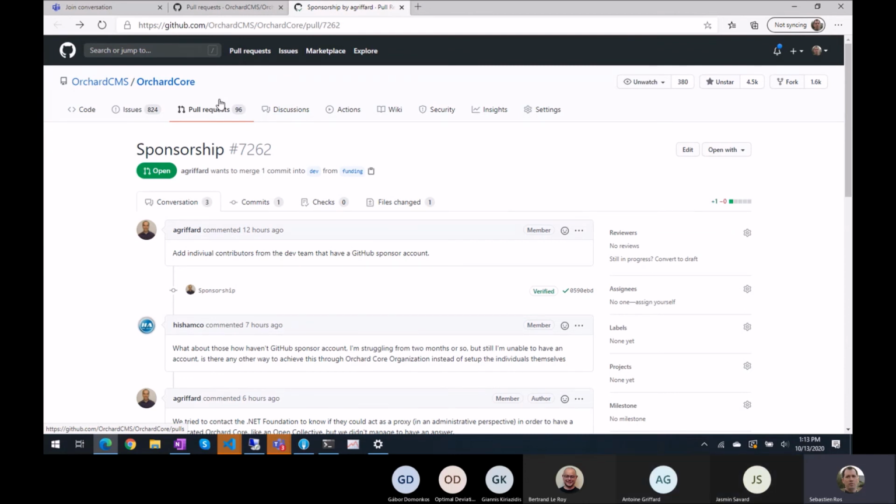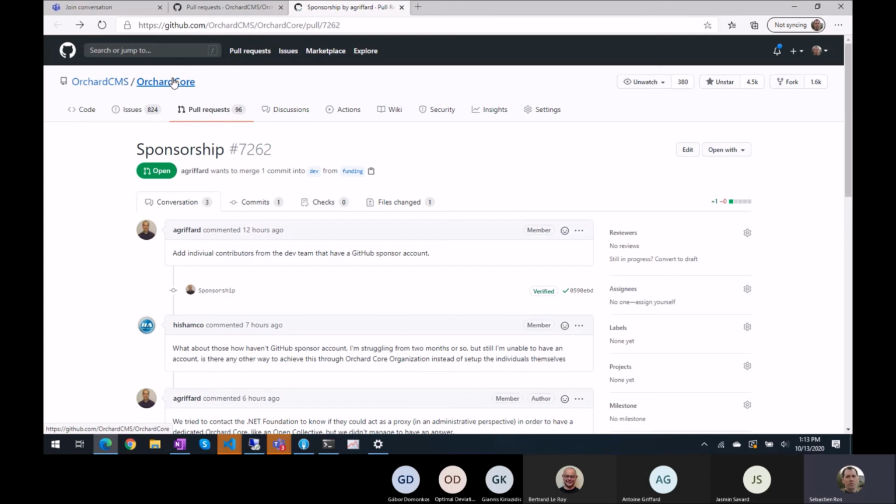This way, we could enlist the project itself, and I think it will be easier to just assign funds to specific budget lines